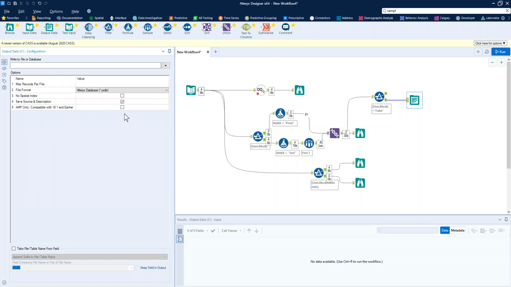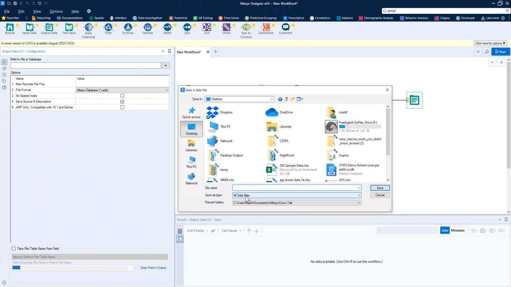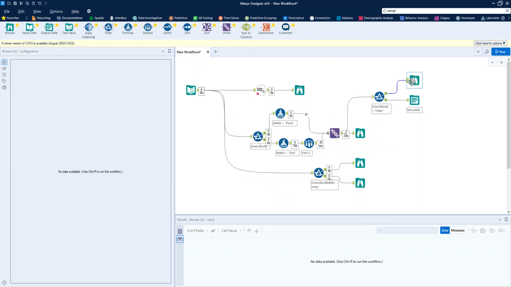File, sorry for the delay here. I'm going to put it onto my desktop. This is going to another screen. Test.yxdb. Or what I'm going to do is I'm going to put it to a browse. Or maybe I'm going to put it to a database. Or maybe I'm going to put it somewhere else. So I've got one place to put it if it's testing and one place to put it if it's production